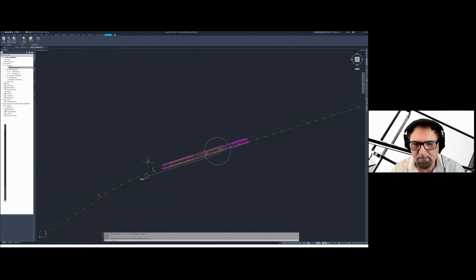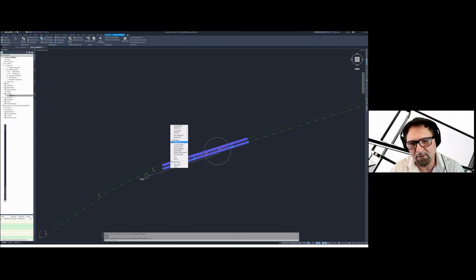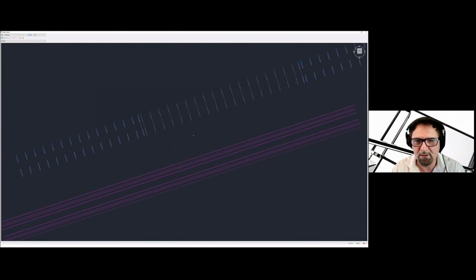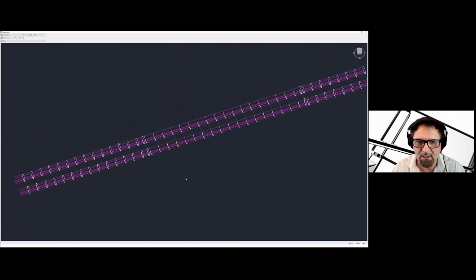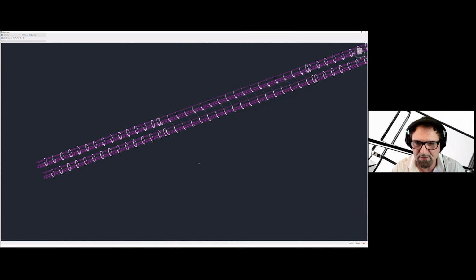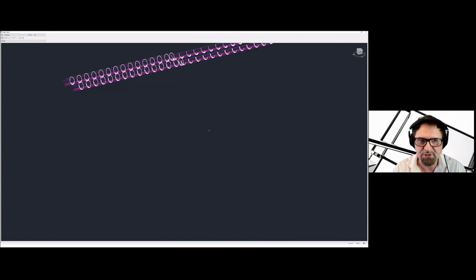We have a couple of track alignments, and in Civil 3D, I've created a corridor for the tunnels. If you select that corridor and look at it in 3D, you will see that the corridor has a couple of segments, or regions, covering different parts of the project.